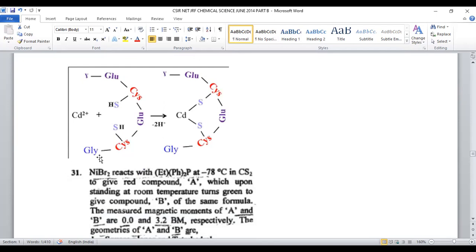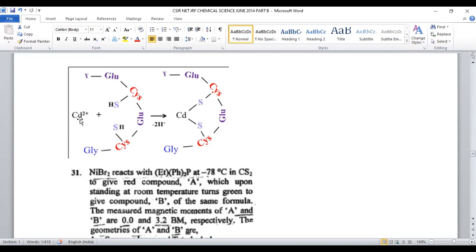This is the peptide chain, the protein chain given here. Glycine, cysteine, glycine, such an amino acid sequence will be there. Among all, specifically cysteine contains a side chain SH, free SH groups present within the molecule. These SH groups have strong affinity towards binding with cadmium, so the binding will be possible and it will not come out freely. It will be in complexation with this cysteine, so that its activity will be reduced.